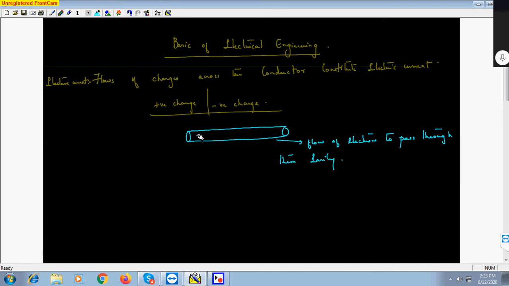So there will be free electrons here. Electrons are negative charge, so we will write negative, minus. If you can somehow bring these electrons from one place to another, if you make these electrons flow, then we will say that electric current is flowing. That is, charge is flowing. That is the meaning of that. Now, in order to move these electrons, we take the help of a battery.